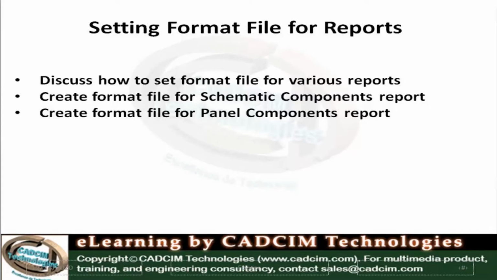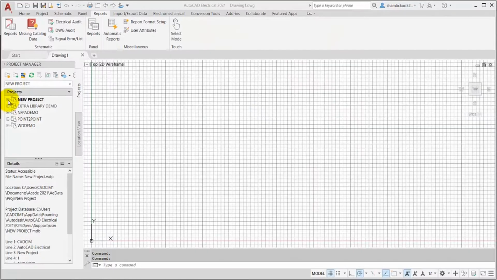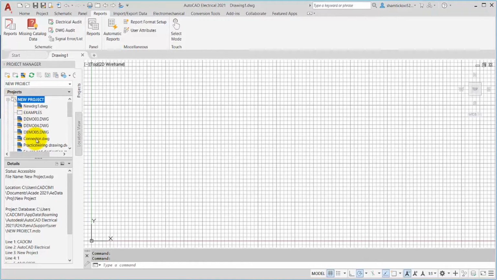Hello everyone. In this video, we'll discuss how to generate format file for various reports. We'll create one format file for schematic components report and we will create one format file for panel components. To start with, first let us open one drawing